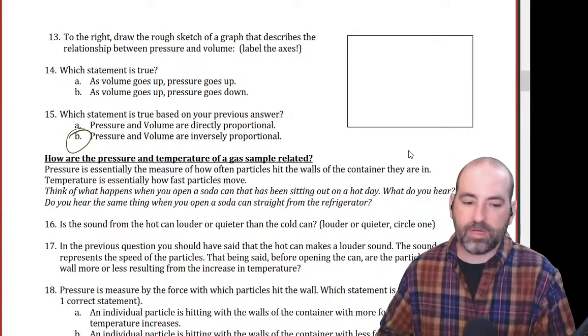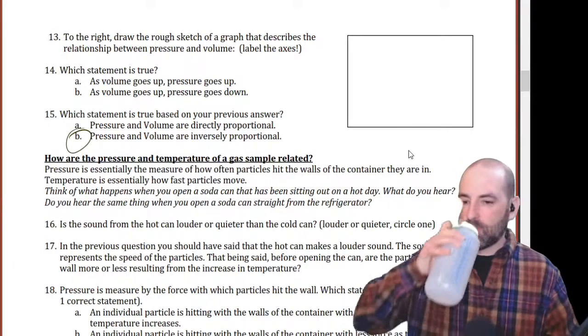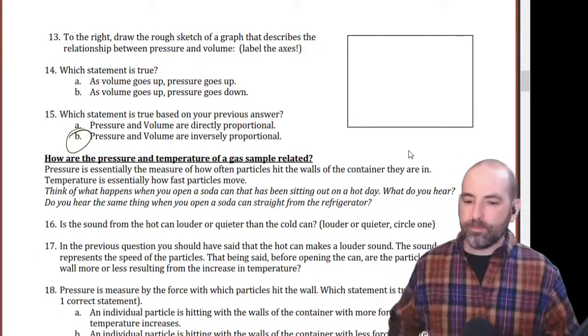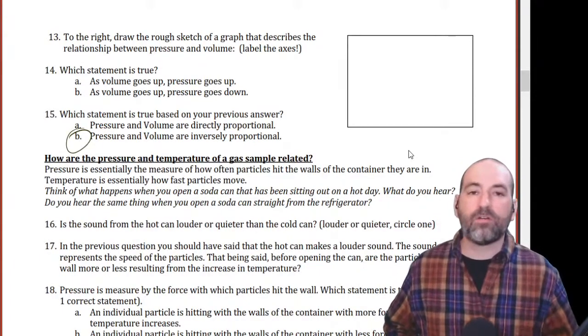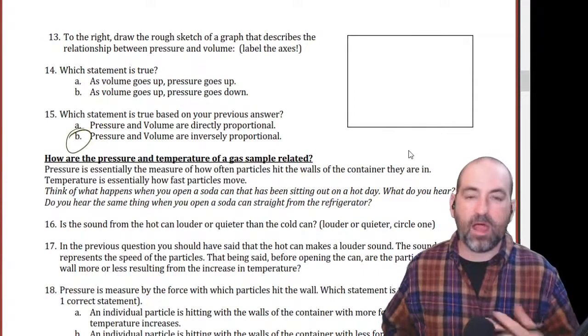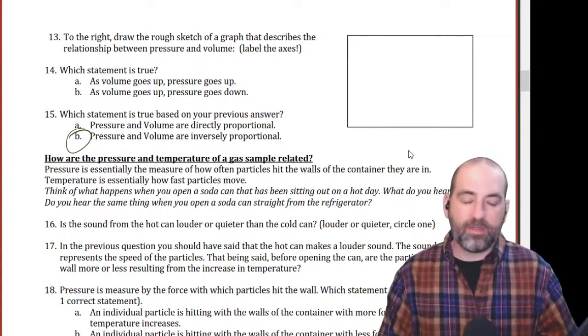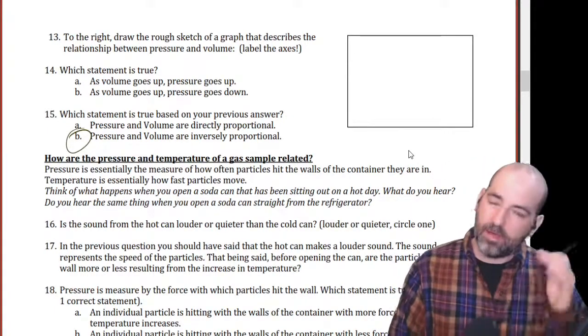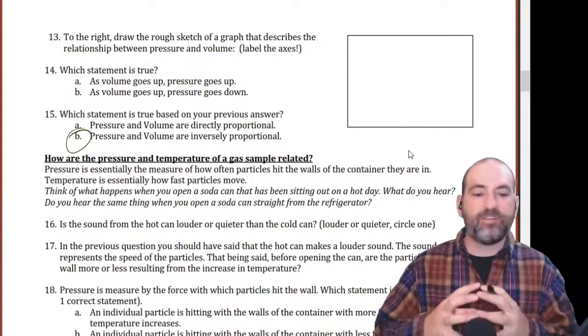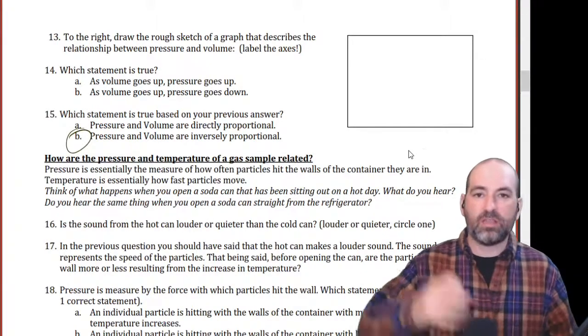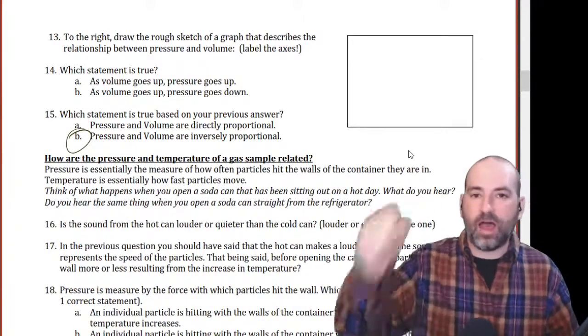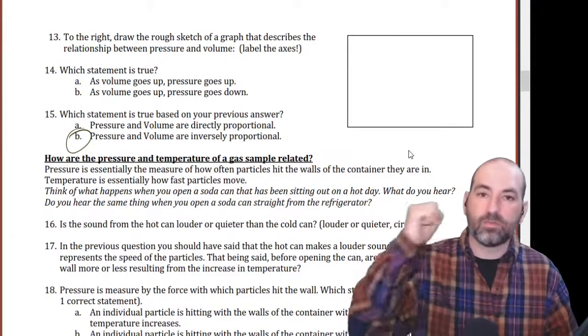All right, let's look at pressure and temperature now. What if we have a fixed volume container? How do pressure and temperature affect each other? We saw this in lab, or we will see this in lab, as a steel sphere that's hooked up to a pressure gauge, and then we dunk that steel sphere in hot water, boiling water, and then also really, really cold,